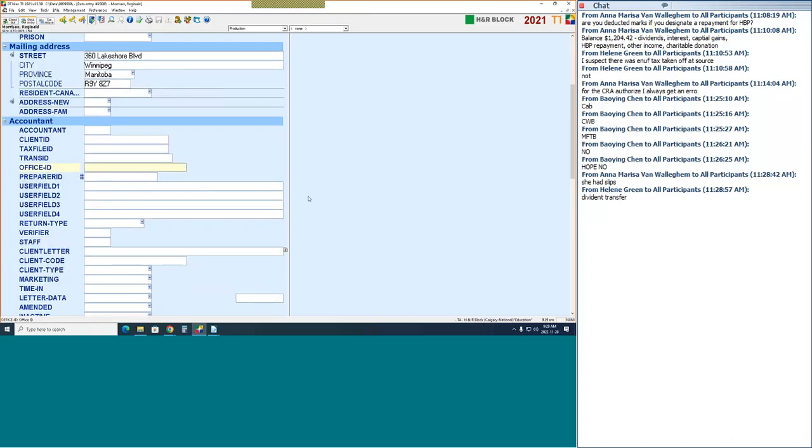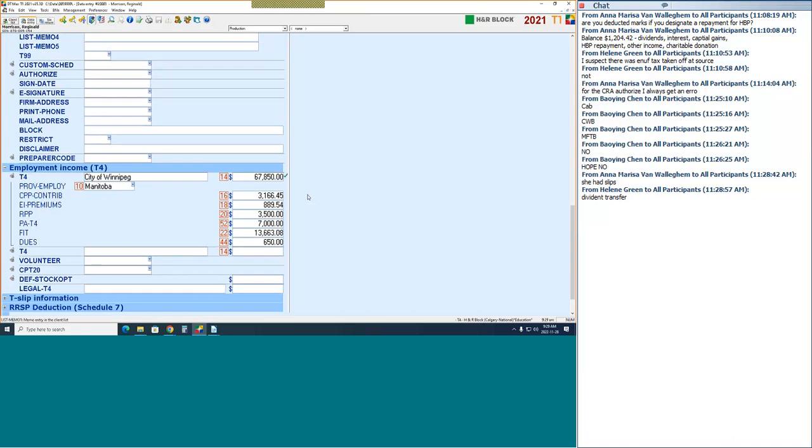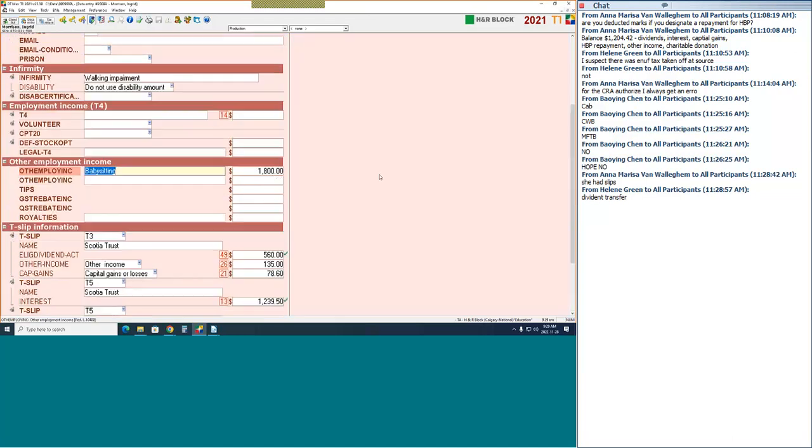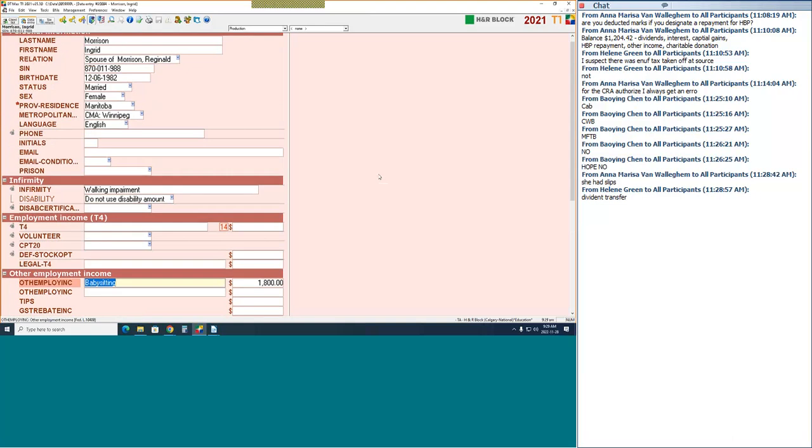I have one for Reginald and I have one for Ingrid. Reginald, very straightforward. He has a T4. Excellent. Ingrid had a little bit more. So Ingrid, first thing I want to point out for your infirmity,